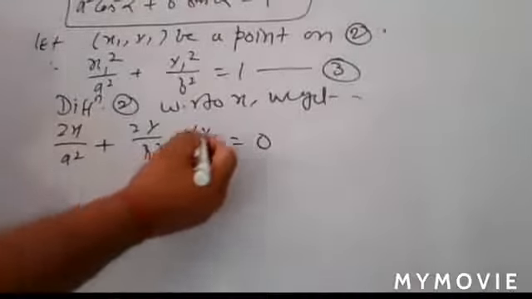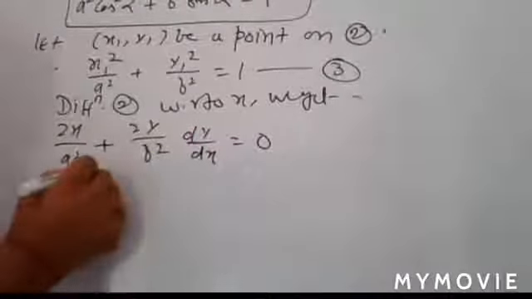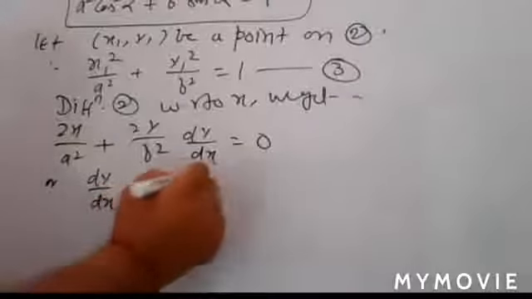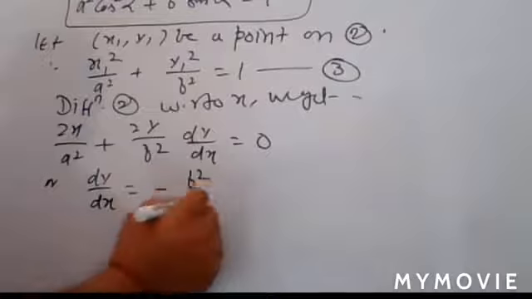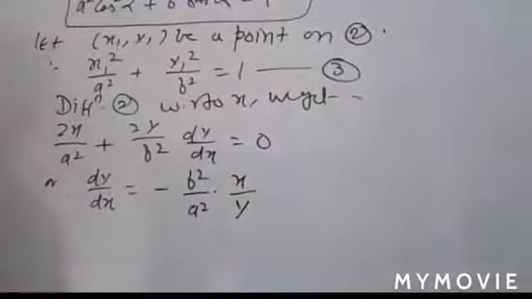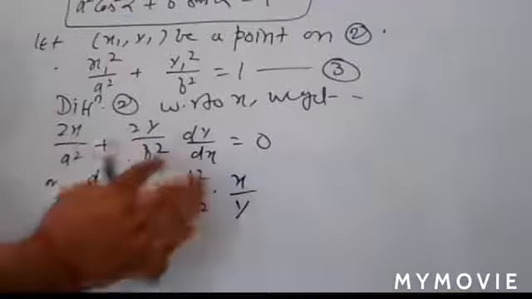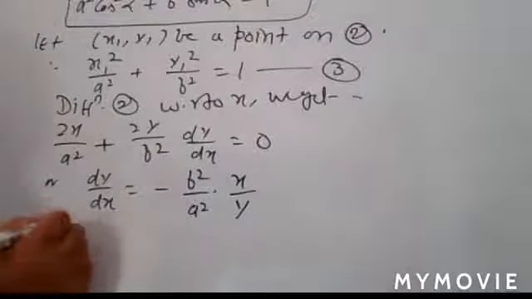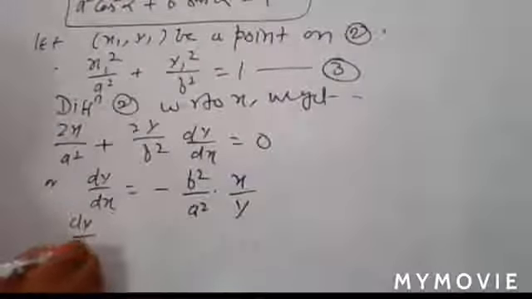Is equal to 0. You write in this way. So from that, the value of dy by dx is what? Minus b square upon a square into x upon y. Check it. So in this way, here you have the value of dy by dx, minus b square upon a square x upon y. So find its derivative